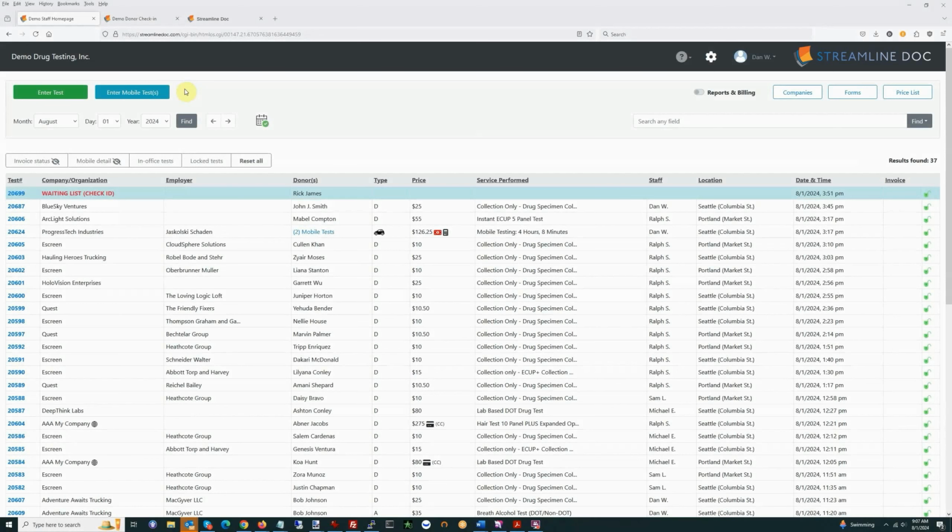Streamline Doc is software for drug and alcohol testing companies. It reduces the workload on owners, managers, and your billing person, and ensures that you get paid for the work that you do. Most drug testing companies do a lot of transactions, such as multiple collections each day for large TPAs like eScreen, Quest, and others, in-house drug and alcohol tests for your clients, DNA tests, and various other services